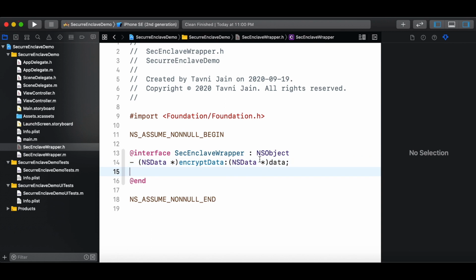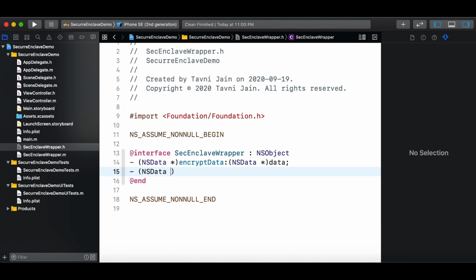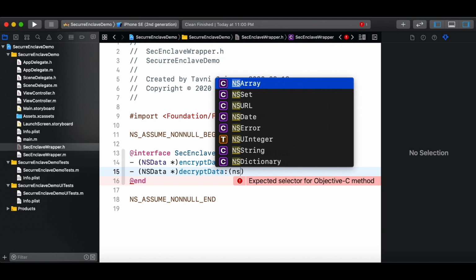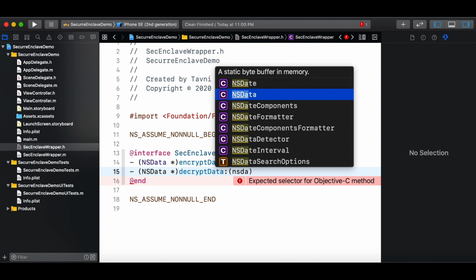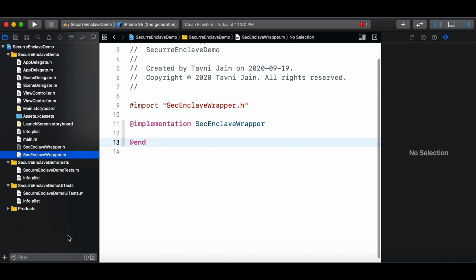And similarly, we'll declare one more function which is going to decrypt encrypted data. So this is also going to return NSData, and the name will be decryptData, and it will receive the encrypted data. Let's name the parameter data only for the time being. And in the .m file now